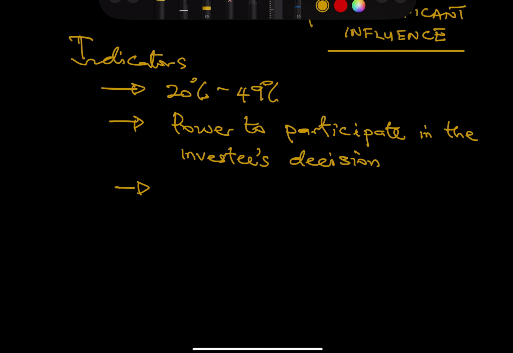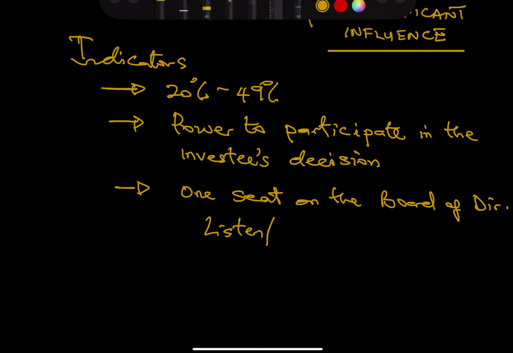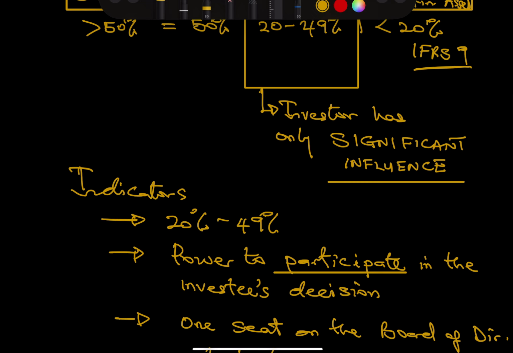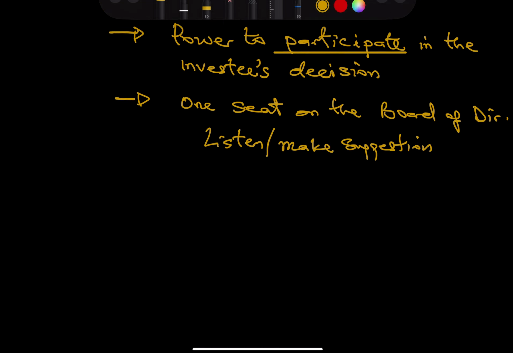An example of that kind of situation is when you have, say, one seat on the board of directors. Just one seat. Obviously, you can't make decisions, but you will be able to sit in the boardroom. You'll be able to listen, or maybe just contribute, maybe make suggestions, but you cannot take decisions. So you'll be listening, but you cannot tell them what to do. In that case, you are able to just participate. You can influence, but you cannot take decisions. And that is the meaning of